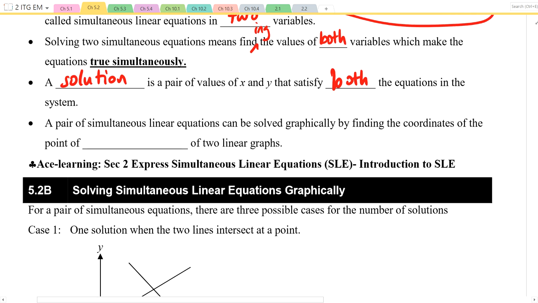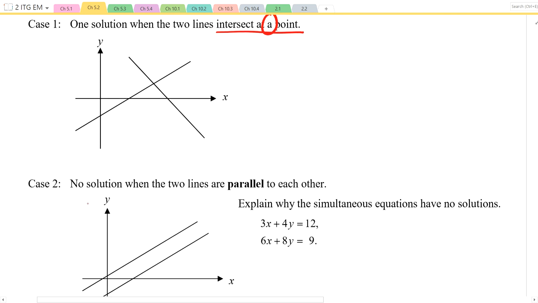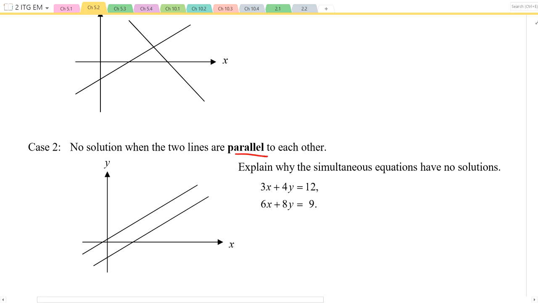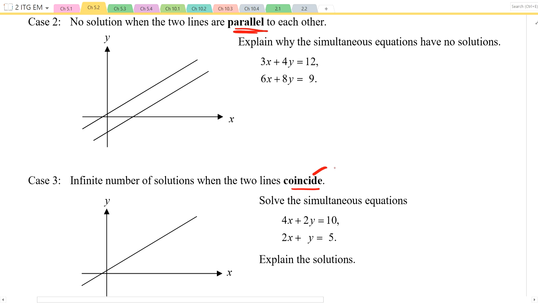Now this can be solved graphically by finding the coordinates of the point of intersection of the two linear graphs. Okay, so let's take a look at what could possibly happen. So this is the first case. Whenever I have two straight lines, the two lines will either intersect at one point, only one point for two straight lines, or the two lines are parallel to each other, or in the third case, they coincide, meaning they overlap